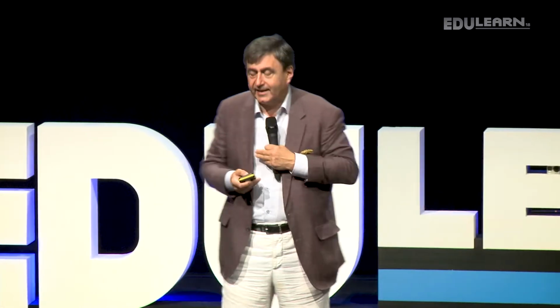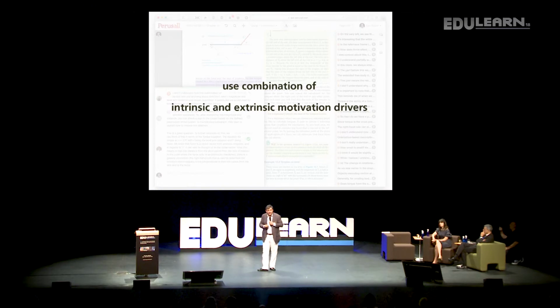I know, however, that by the time I get my students in my classroom, they're no longer that intrinsically motivated. So in order to get students to take this seriously, we use a combination of intrinsic and extrinsic motivation drivers.